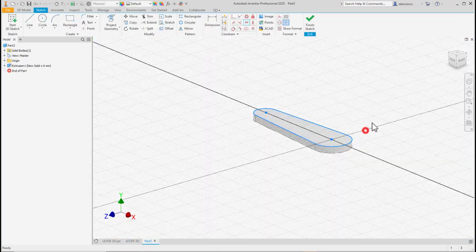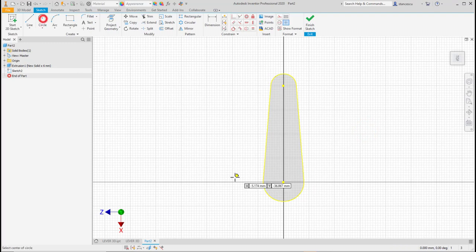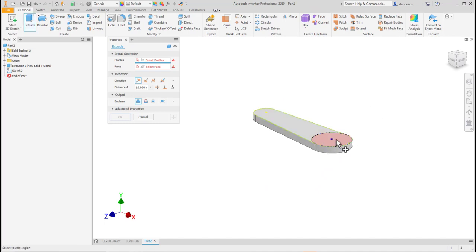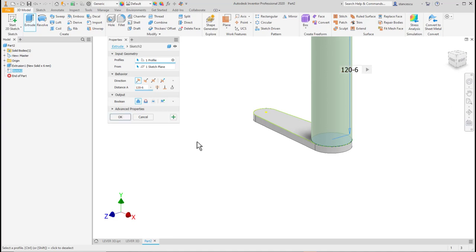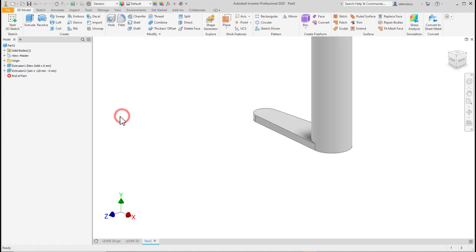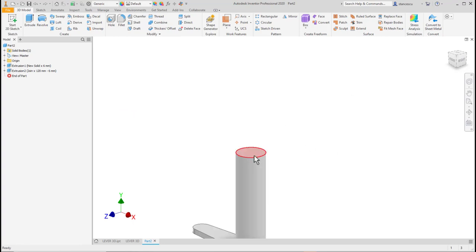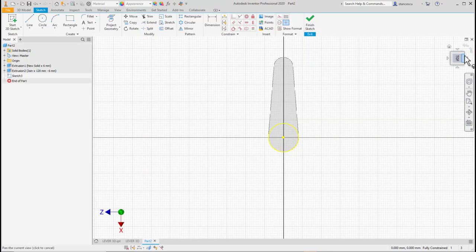So create a sketch here, finish, and extrude 120 minus 6. We don't invent dimensions. We create a sketch on the top,